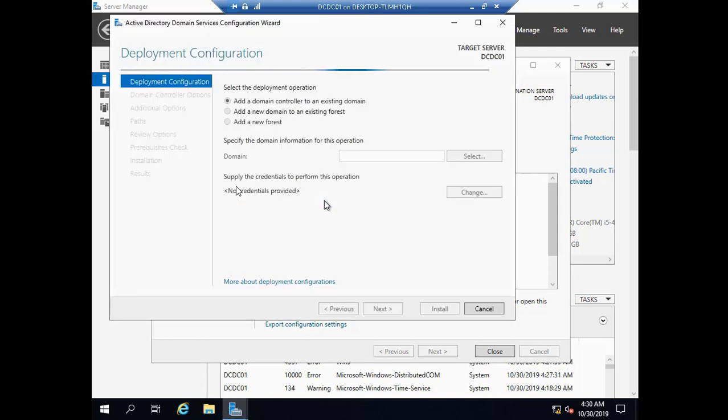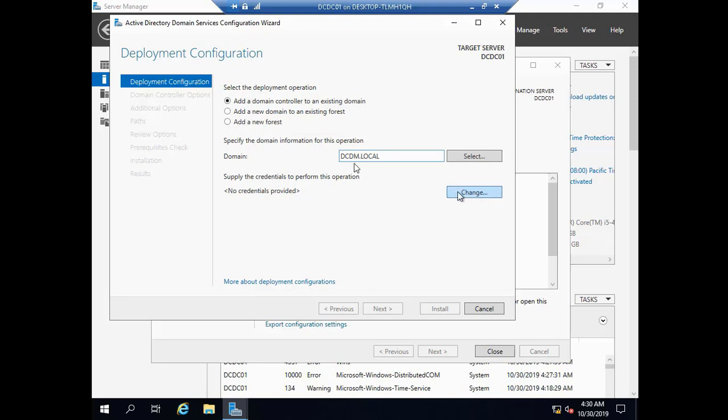Here we will name our domain. We will create a new forest. If you are creating this domain for the first time, you need to choose the third option, which is add a new forest, and we will name it